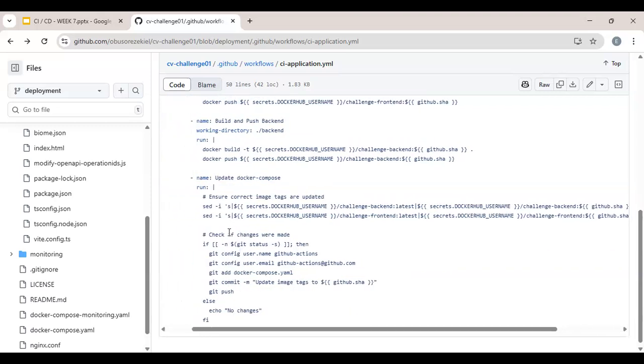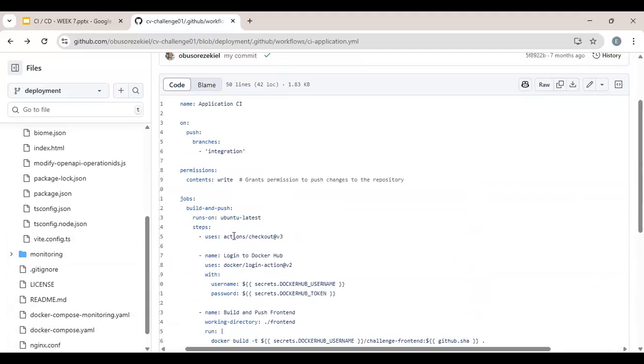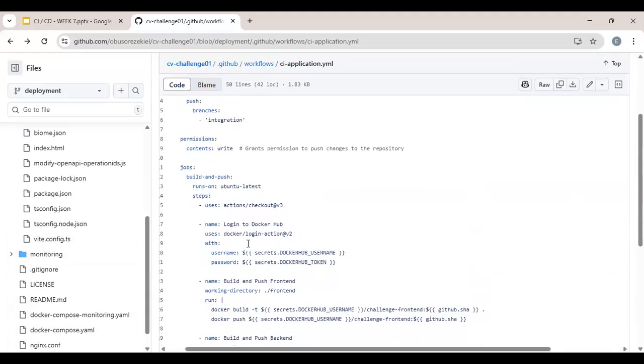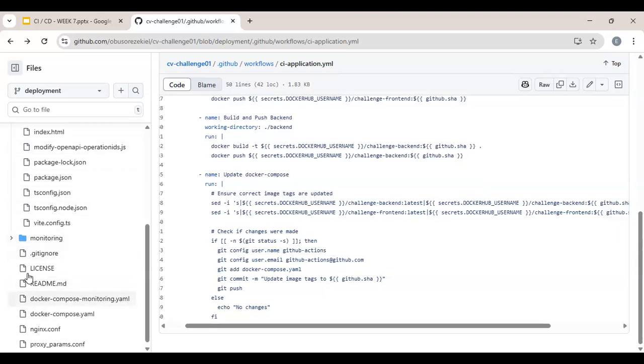Ideally. Then this one is if the changes were made, you now push. So, how will I put it? This particular setup now, we are pushing back the changes. For example, like you said, from this point now, we are checking out into this branch. So we are pulling our code base into the runner, which is the Ubuntu latest. So now when we make this change, we're now going to push it back into this GitHub repo.